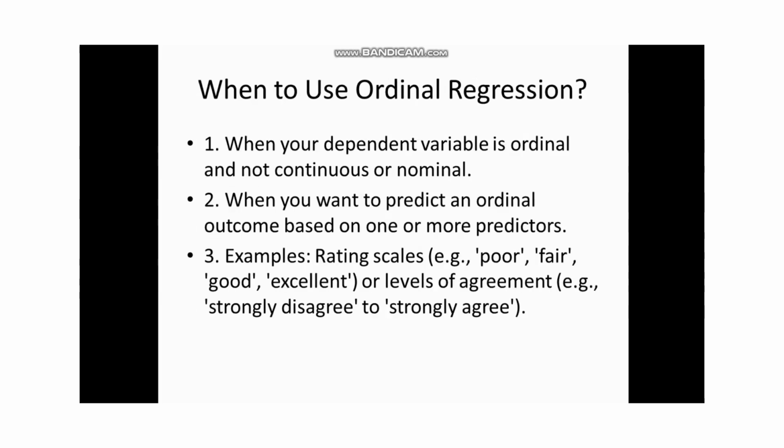When to use ordinal regression? So we make use of ordinal regression, 1. when our dependent variable is ordinal and not continuous or nominal, and 2. when we want to predict an ordinal outcome based on one or more predictors. Examples include rating scales, which can include poor, fair, good, and excellent, or levels of agreement, which can also include strongly disagree to strongly